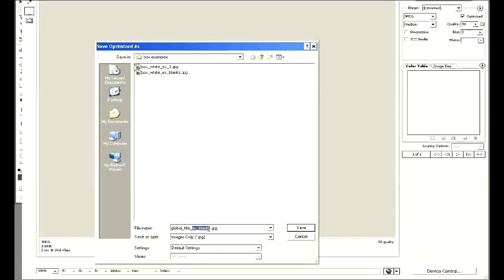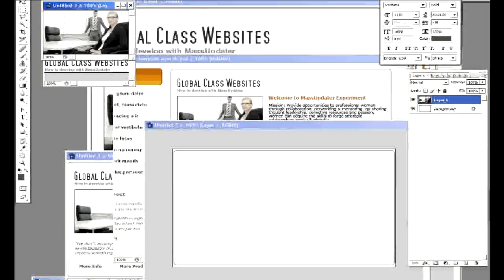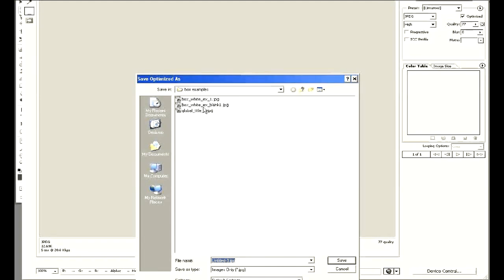And we'll just delete the rest of this content out there so it'll have its own particular name. Okay, that's done. And for the photo, we'll save that out as well. Okay, that's at 50%. Let's go ahead and bump that up to around 77%. It'll be pretty large, but what's 12K on the web these days when you're working with DSL? Okay, and we will just title that photo